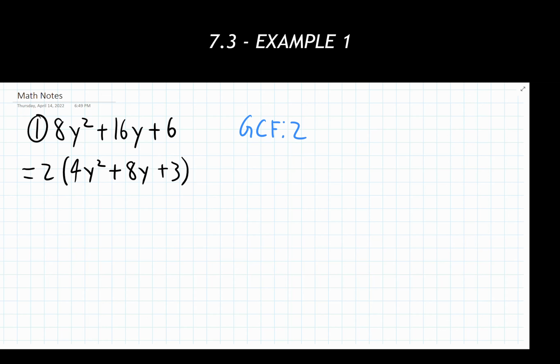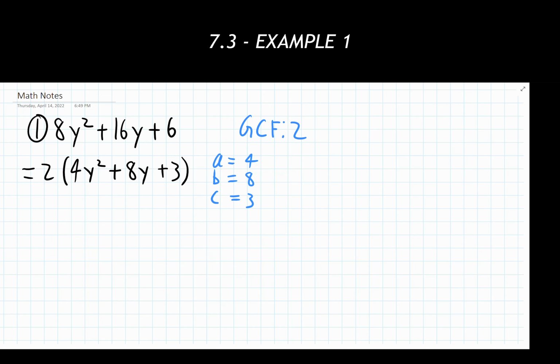So we're done there. Now looking at step 2, it's telling us identify the A, B, and C values in the resulting expression. Again, for me, I think it's very, very helpful to write out the A, B, and C values somewhere nearby. So I'm just going to do this right next to the expression that I'm working with. So what's my A, B, and C values? Remember, when we are identifying these, we need to determine both the number and the sign. So I'm having my A value of 4, B value of positive 8, and a C value of positive 3. So I'm going to write those out right off to the side here. A, B, and C. Perfect.